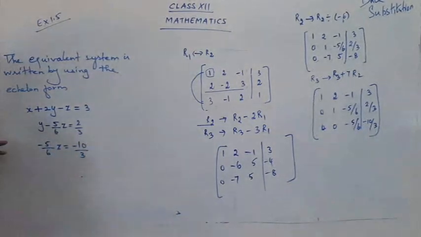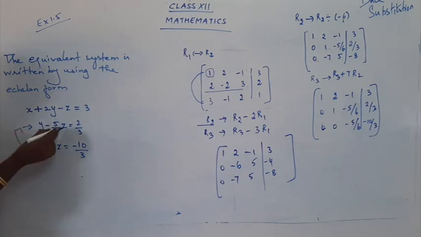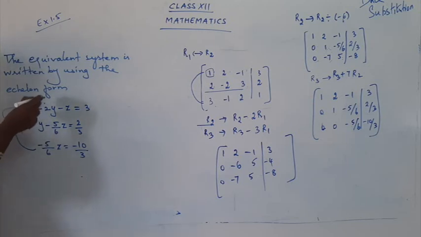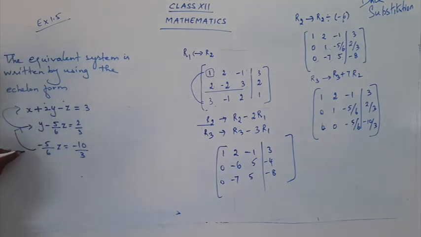See here, actually, we can solve the last part directly. When we solve the last, we get the value for z. Then we can put the z value over here and get the value for y. In the first case, I'll substitute the value for z and get the value for y. Then I'll substitute the values for y and z and get the value for x. So you're going to do your method from the back. So this is called the back substitution method.